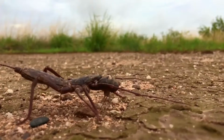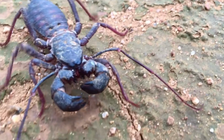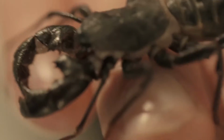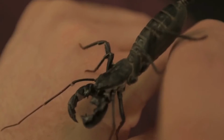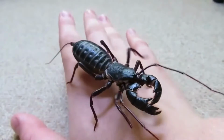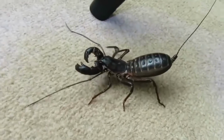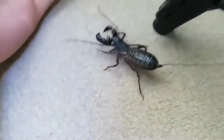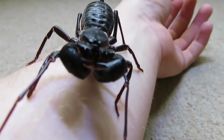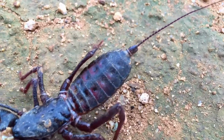The vinegar secretion can cause mild burns to insects, predators, and prey, as well as skin irritation and nausea to humans. If these early warnings fail to convince a predator to move on, a giant whip scorpion will use its huge claws to pinch a would-be attacker. They can cause a good deal of pain when used on human victims, too. These strong pincer-like claws are also used to rip and tear apart prey,